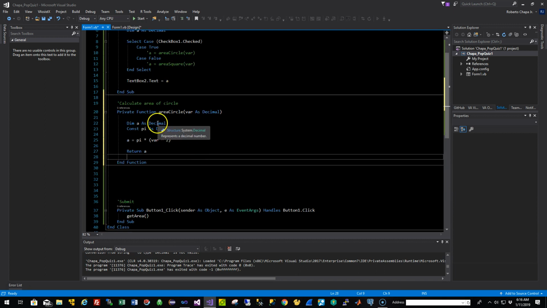We have done the function for a circle. We created a private function called area of a circle. We're going to accept an input, a variable that we're going to call decimal. We're going to assign it the data type decimal. Once that has come in, once this function has been called and it's been passed some variable, now we're going to take